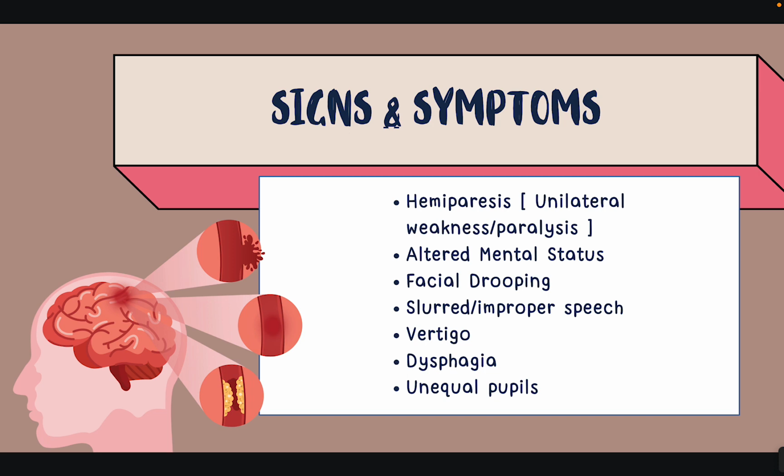So your signs and symptoms, you're going to see that the patient's going to be complaining about, and mind you that not all of these symptoms have to be in the same patient. For example, the patient could have one of these symptoms, they could have 3, they could have 4, they could have 5, so on. You get the point, okay? So they could come in complaining of unilateral weakness or paralysis, altered mental status, and